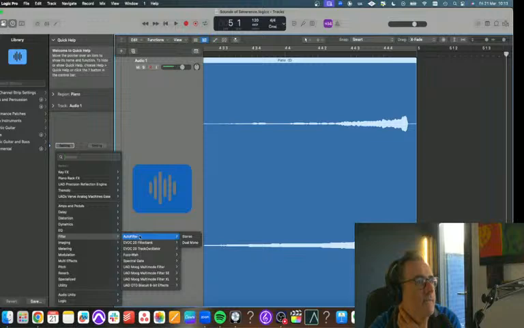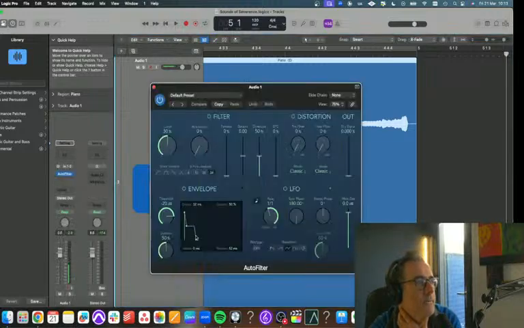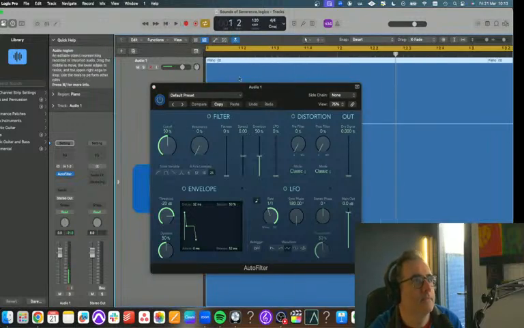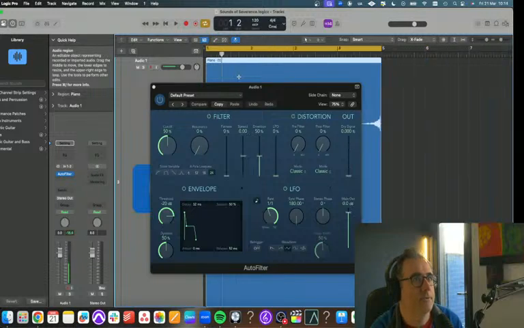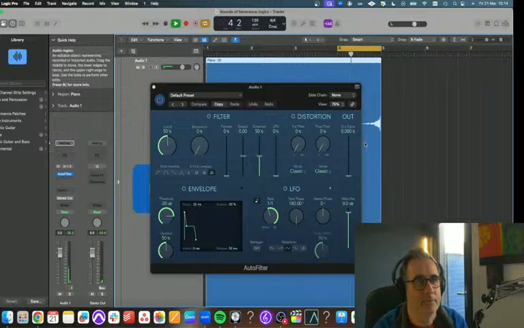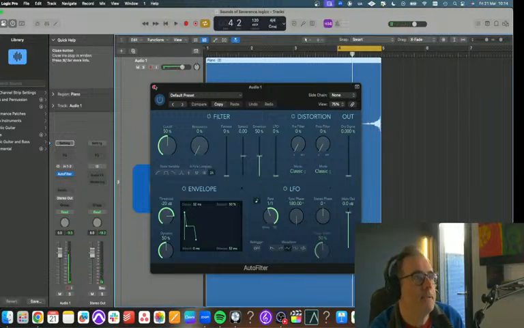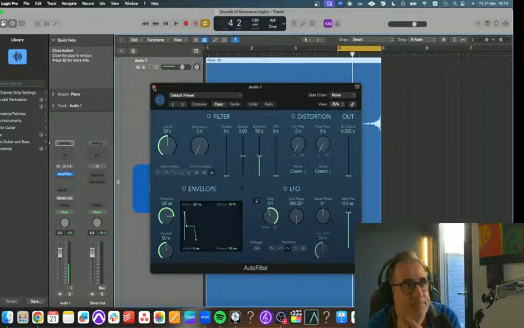Filter perhaps. We don't want the whole waveform here. This is just going to be me playing with Logic, isn't it? Maybe a really hardcore.